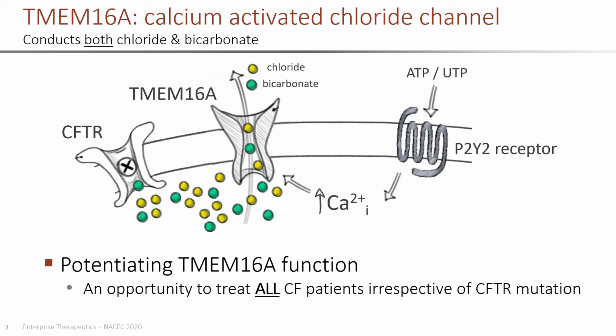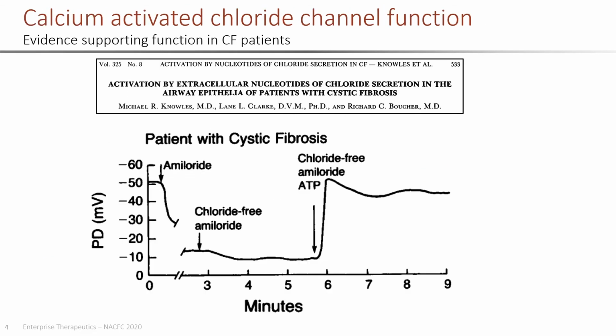So our approach here is to identify low molecular weight compounds that will potentiate the activity of TMEM16A such that when calcium becomes elevated in the cell, there is opening of the channel that starts sooner and lasts longer with the potentiator on board. So evidence that a calcium-activated chloride channel is important in the airways, and particularly the airways of CF patients, initially came from Mike Knowles and Rick Boucher, who did a number of studies, and this